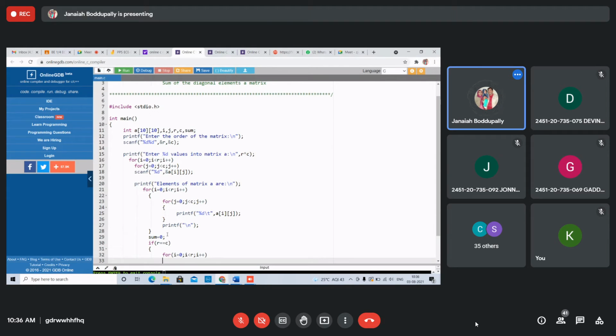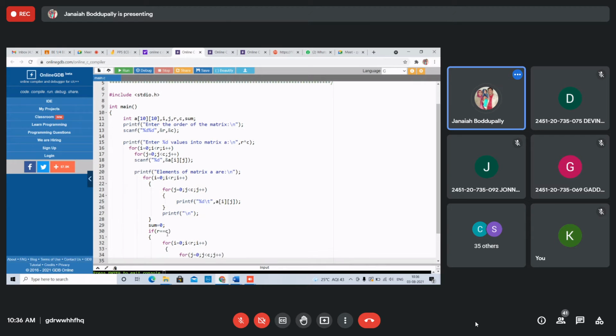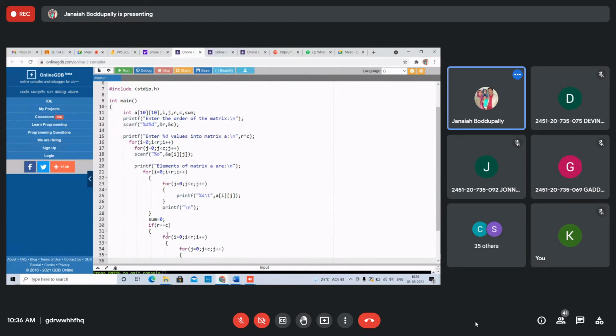Next, j equal to 0, j less than c, j plus plus loops.